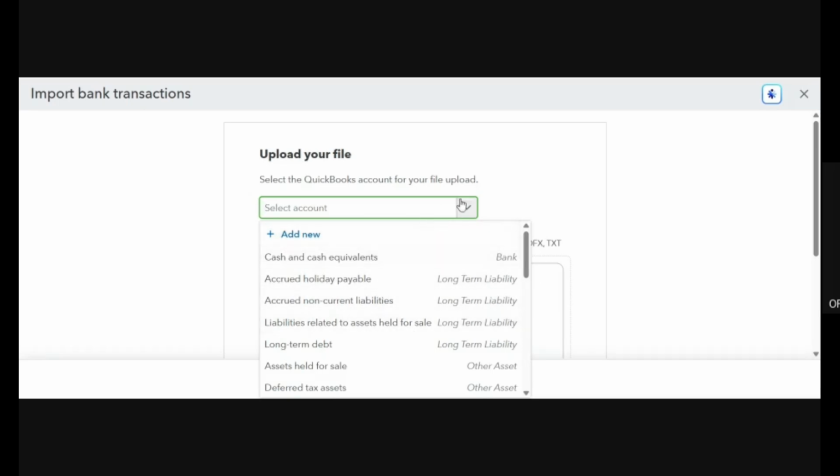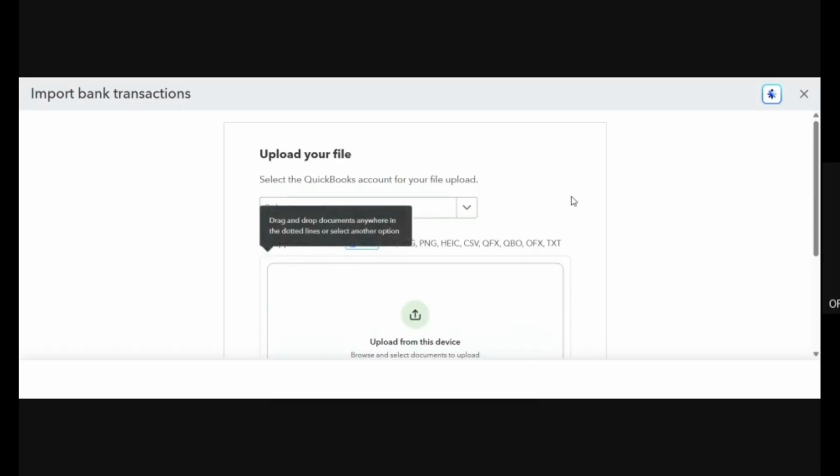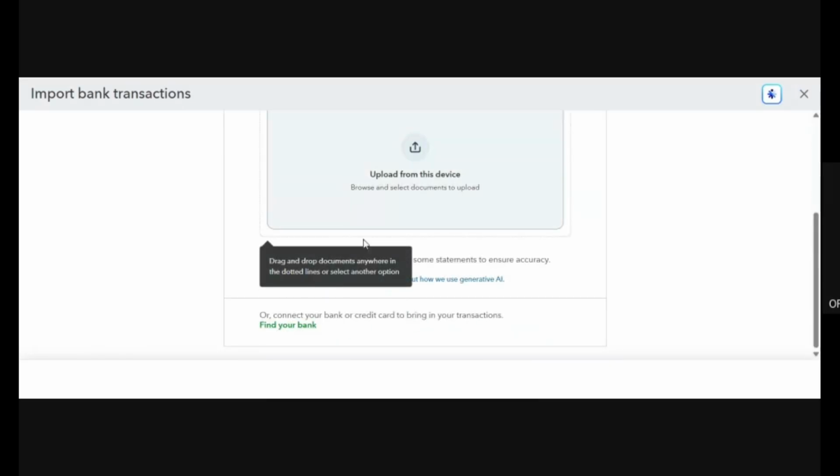So if you're uploading an Access Bank statement for reconciliation purposes, you come here and select Access Bank. You do not just come here and select cash. You look for Access Bank as part of the list, and then you select it. You can also add an account here. If the account does not exist and you want to reconcile it, add an account, and that is that. So if you click on this place, you upload your bank